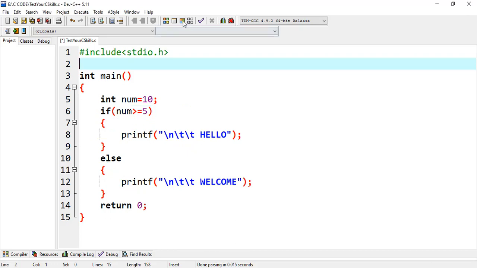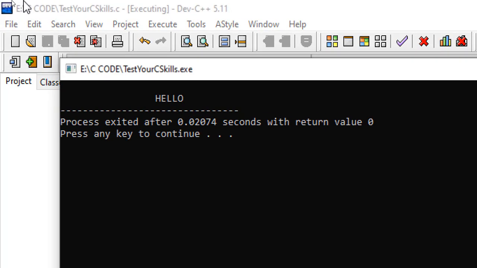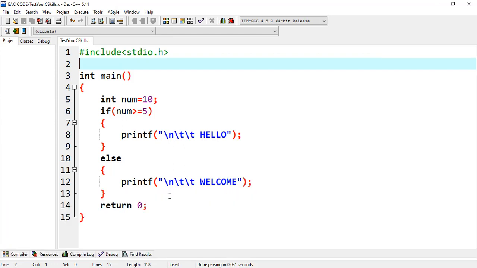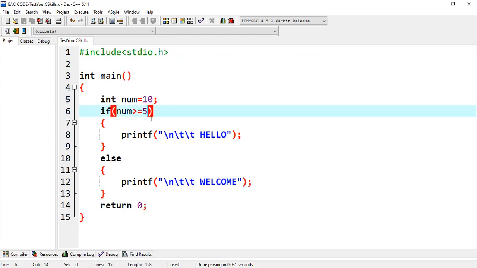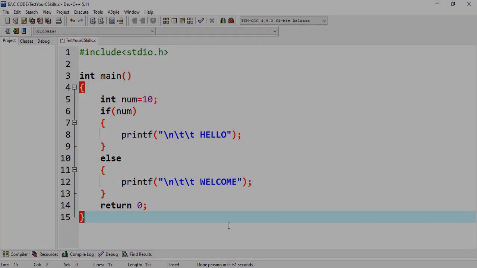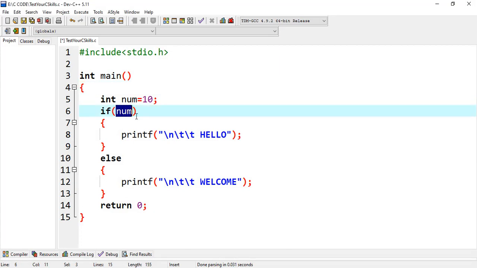So let's execute this. Here you can see hello is the output. But this is not the hidden fact in this. Let me replace this condition with simply num. Now I will ask you what will be the output of this program. You might be thinking that as we don't have any condition here, we only have num, this program may raise an error or it may display some wrong output,